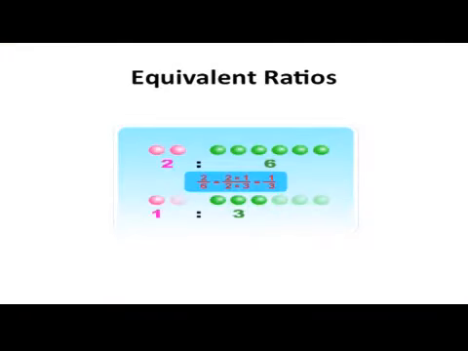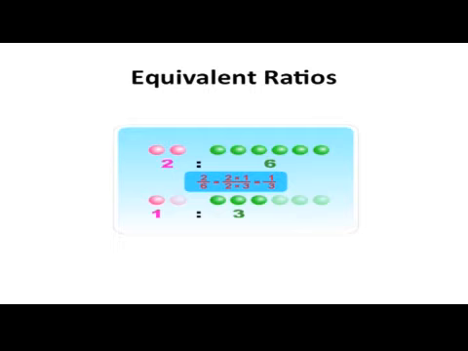Let me discuss about equivalent ratios. Let us divide an apple into 8 equal parts and share it between Ramu and Somu in the ratio 2:6. The ratio 2:6 can be written as 2 divided by 6, that is equal to 1/3. We know that 2 divided by 6 and 1 divided by 3 are called equivalent fractions. Similarly, we call the ratio 2:6 and 1:3